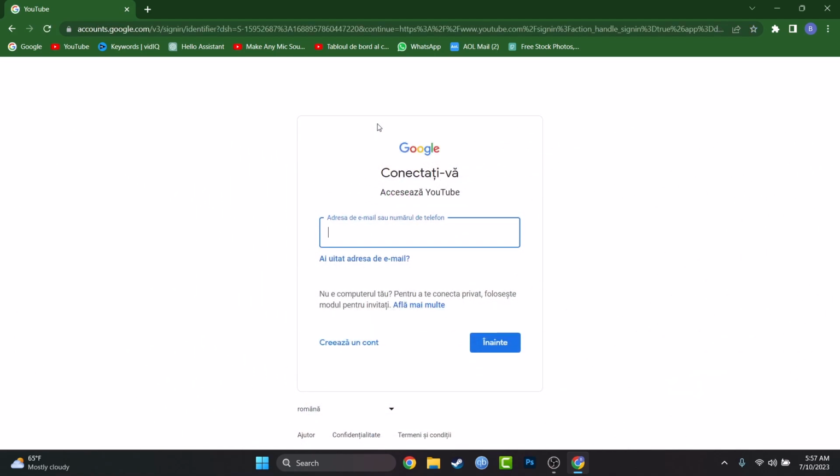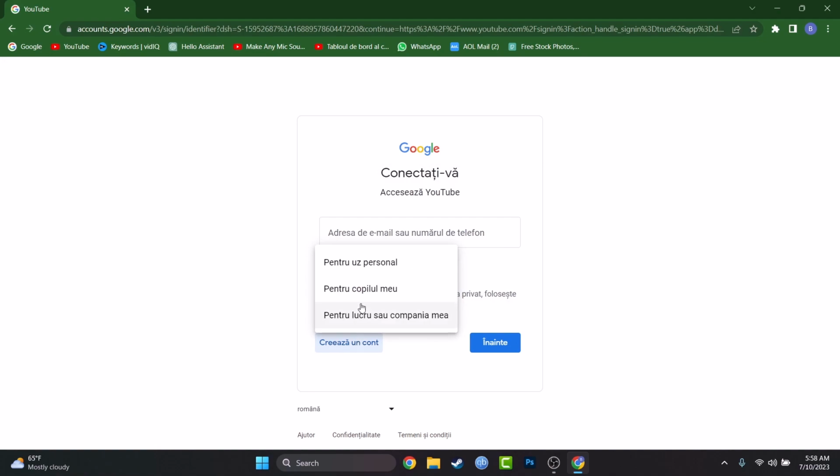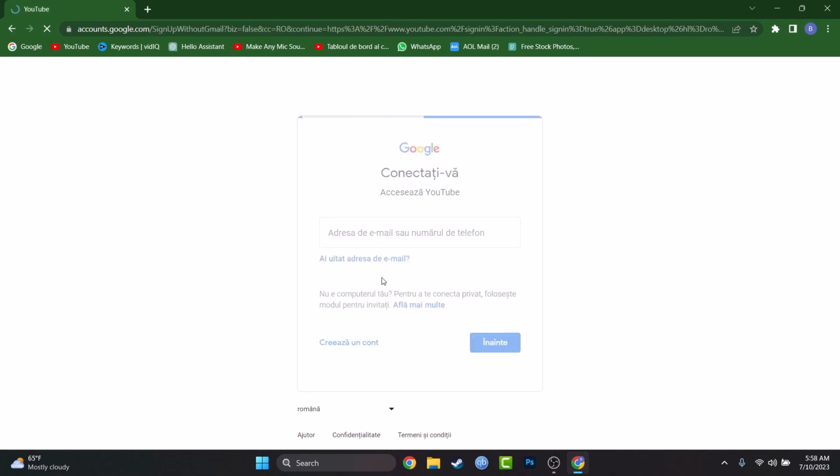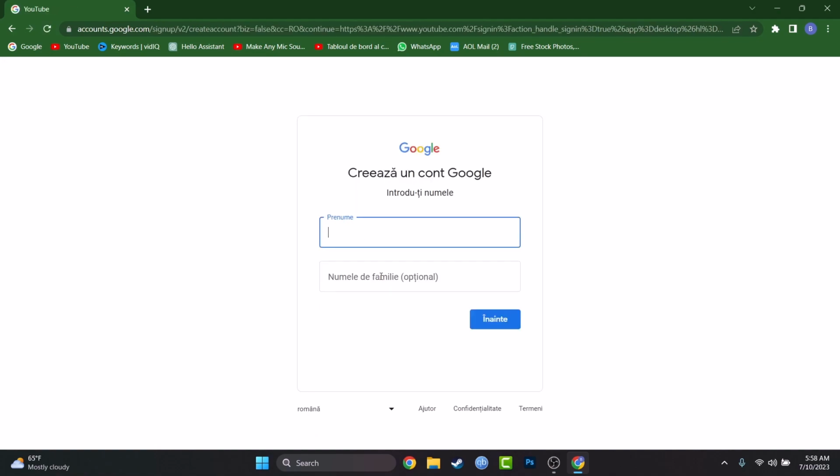Once we are here, we are asked to sign in to an existing Google account, but you'll have a button to create a new account. For this we'll have to press on personal use, I mean for myself. And now of course you have to type your name and so on, but I will not be doing that